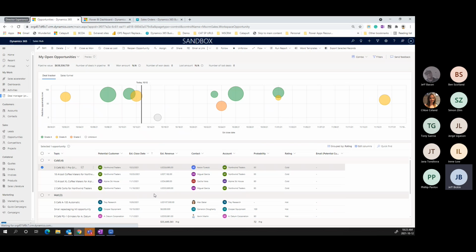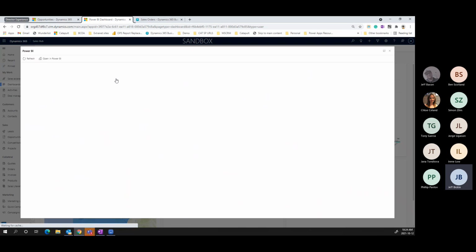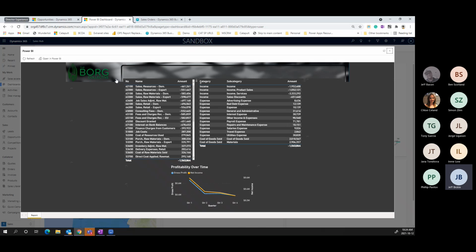Now, there's a whole host of other sales reports that come shipped out of the box with the platform. One thing that Jeff Bacon had alluded to was the concept of surfacing data within the Power BI experience. So if we have a look here, this is a series of Power BI dashboards that are surfaced within the Dynamics application. You can see a couple of things here. If I click into it, this will open up the underlying Power BI dashboard report that sits on top of that